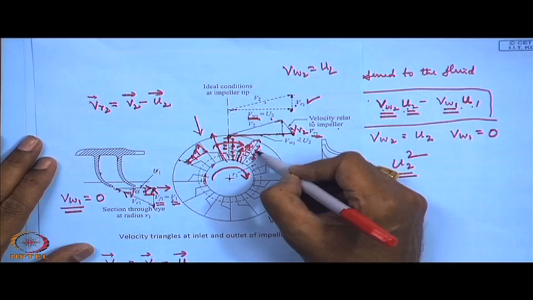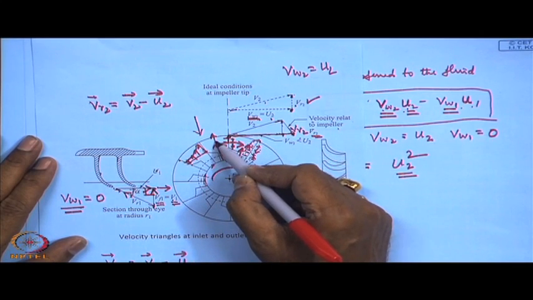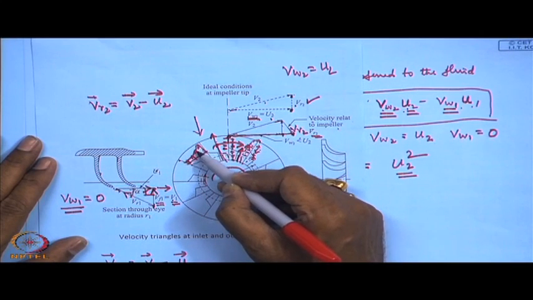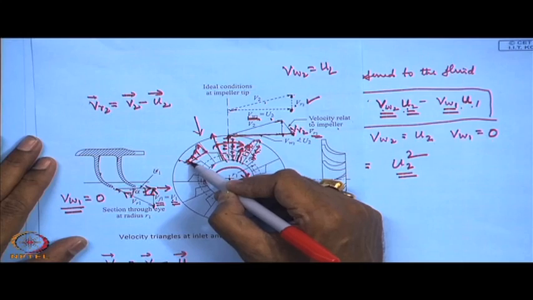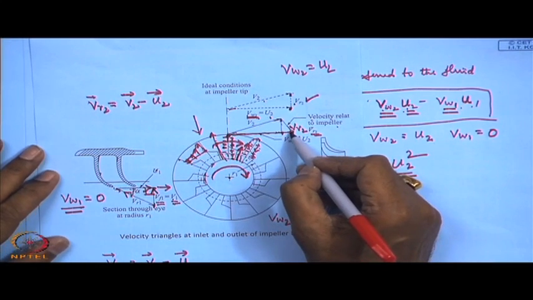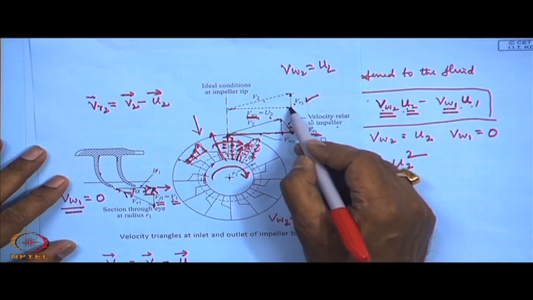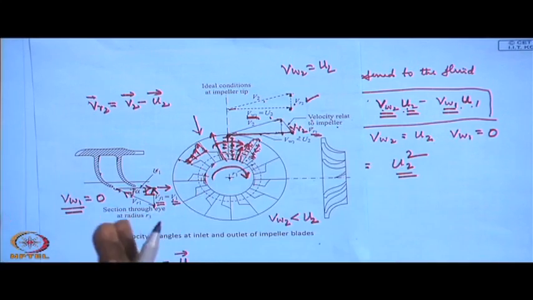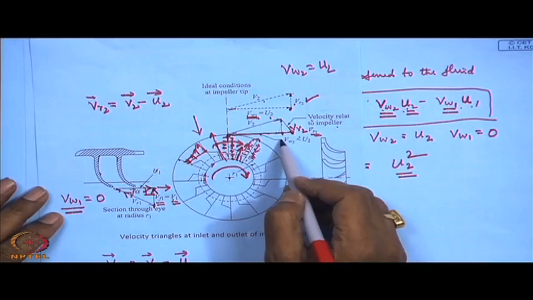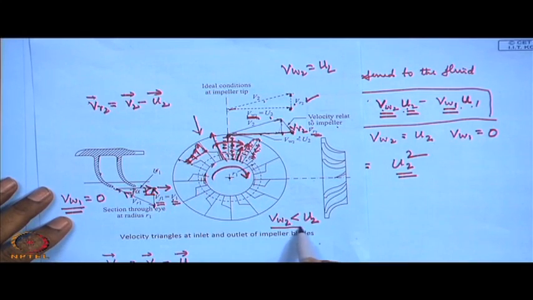As a combination of this with the radial outward flow, it makes a skewed non-uniform distribution of the velocity, which finally results in this type of velocity triangle where the relative velocity at the outlet is not radial, as a result of which finally we get VW2 less than U2,